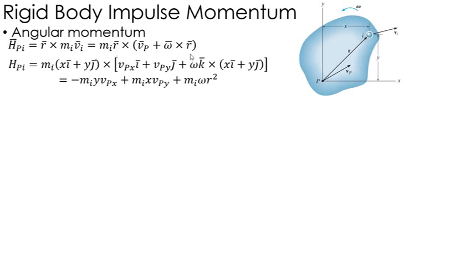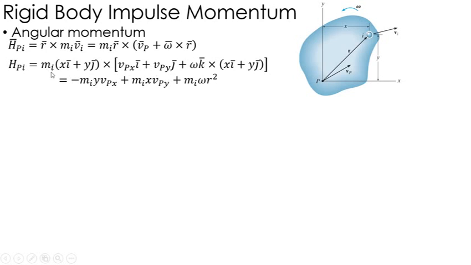Okay, plugging what I know about that. So for r, I'm using basically x and y. Okay, so that's where this guy comes from and this guy comes from. Omega is in the k direction, and then Vp has an x and y component. Doing all of these cross products, I get that